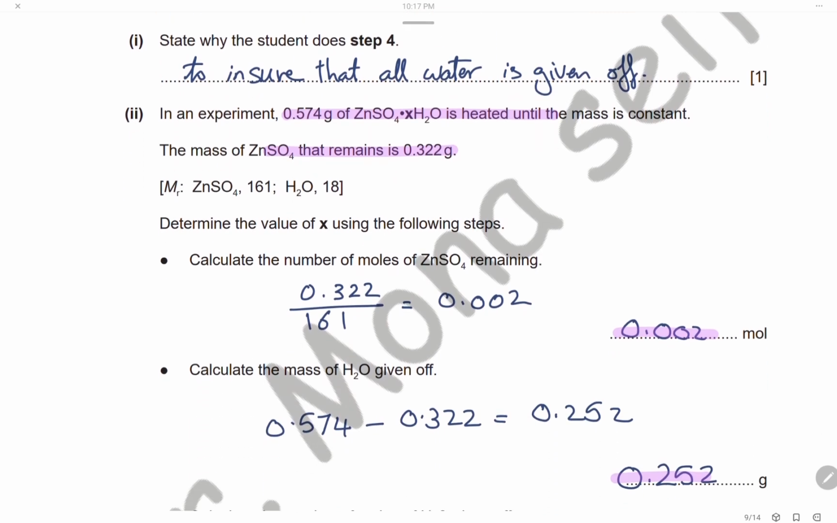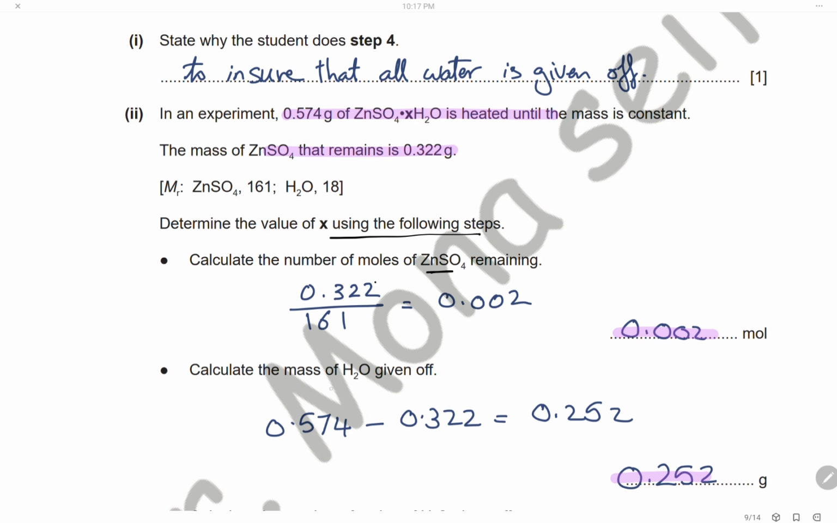In the experiment, we have 0.574 grams of the hydrated zinc sulfate heated until the mass is constant, and the mass of the anhydrous salt remaining is 0.322 grams. Determine the value of X using the following steps. First, we will calculate the number of moles of the zinc sulfate remaining. The number of moles of zinc sulfate, which is anhydrous, is the mass divided by the Mr of zinc sulfate, which is 166. So the number of moles will be